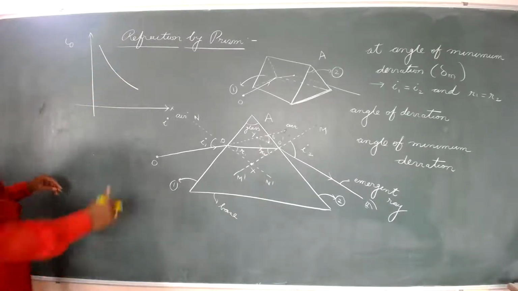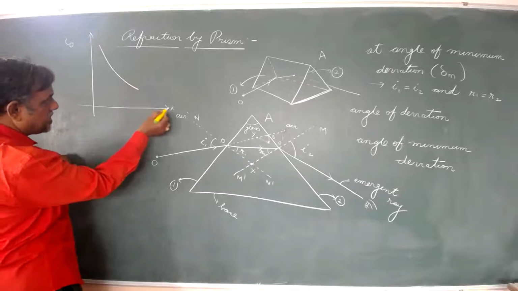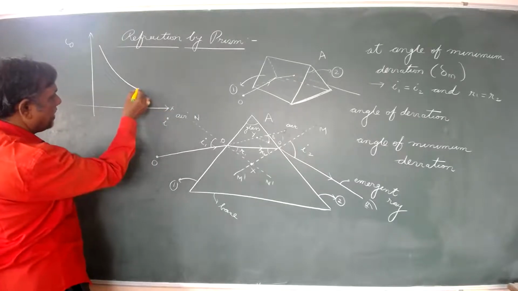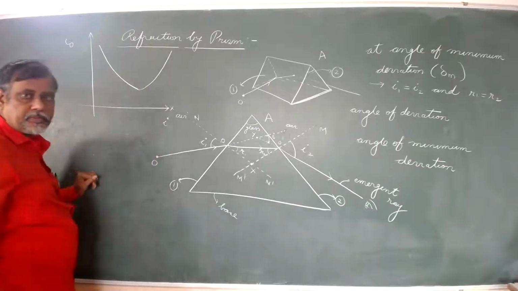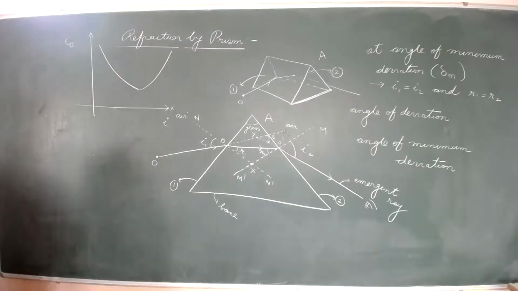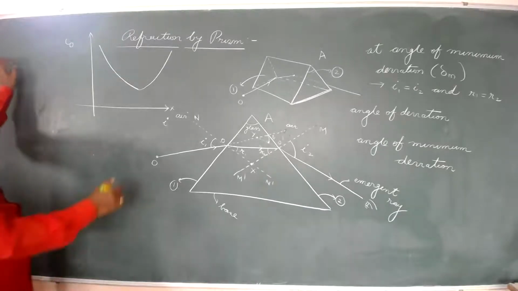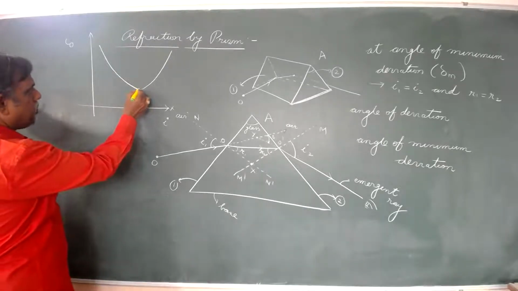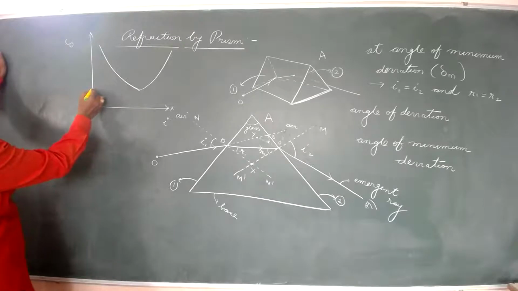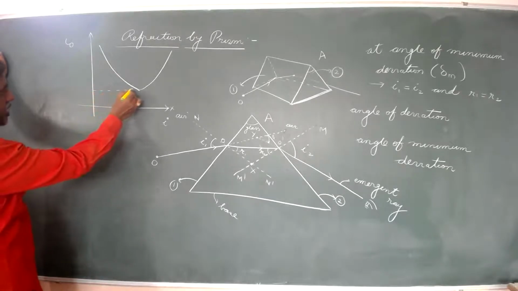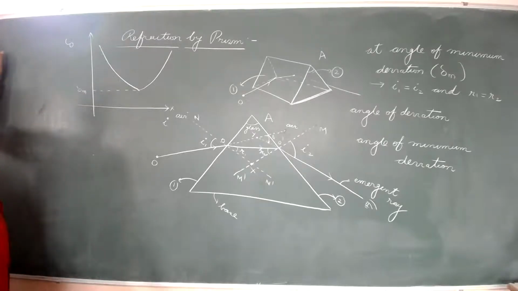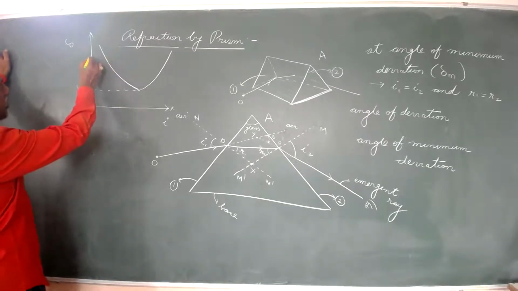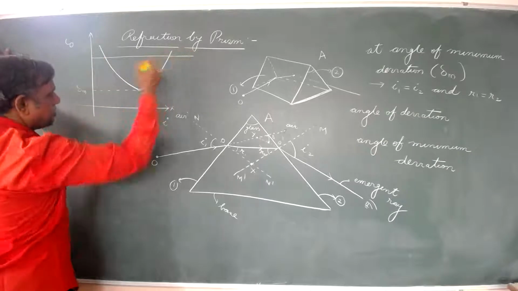But after reaching the minimum value, if you still increase the angle of incidence, the angle of deviation will start increasing like this. Whatever this lowermost point is, it can be taken as the angle of minimum deviation, which is delta m. Right? Now, if you take any line parallel to the x-axis,